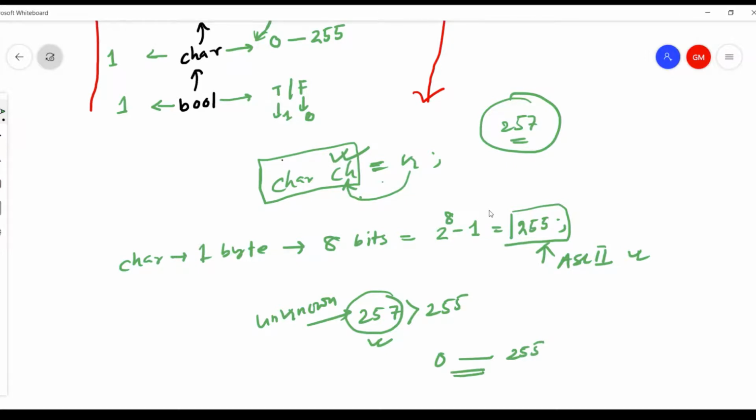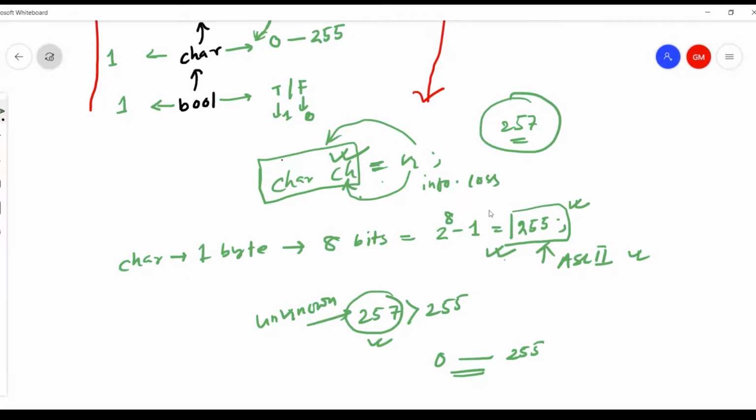So although it does the type demotion, there is possible information loss. This range is known to the character, but when you cross it, the character says, I don't know any value beyond 255.